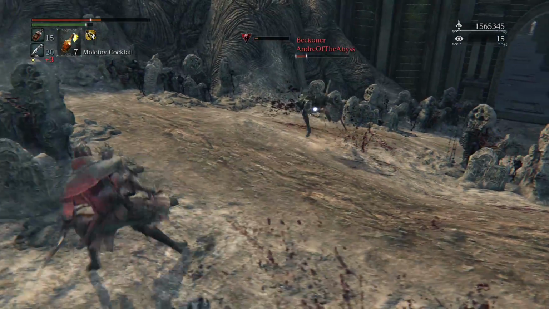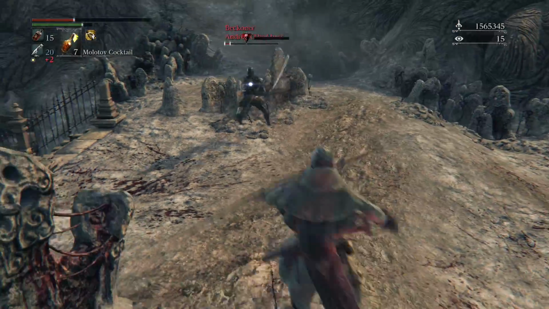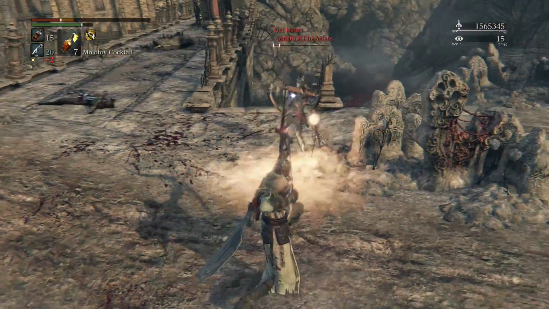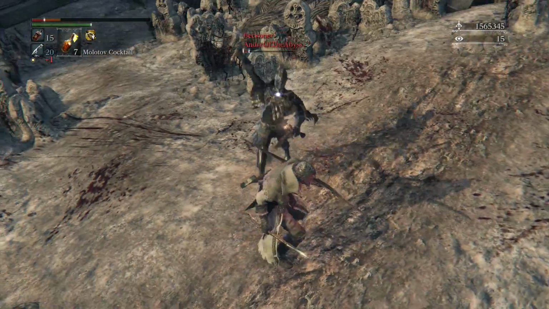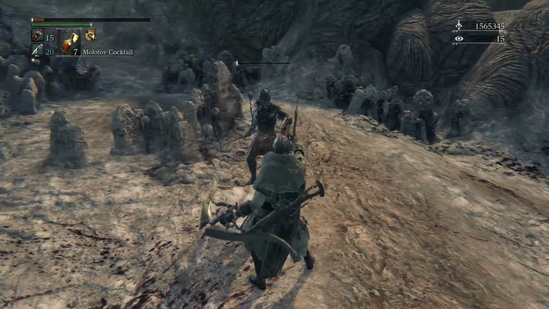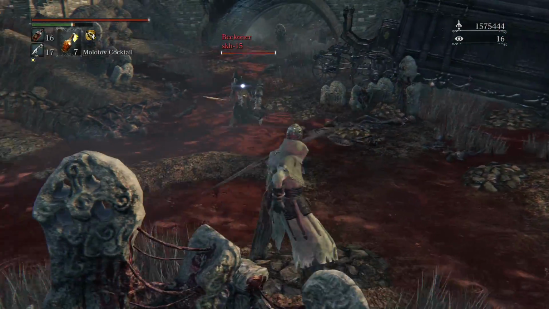The R2 is a medium speed, wide sweeping attack, which can be very useful, especially if you lock on, because then you can actually aim it very easily, and because it is a wide swinging attack, it makes it pretty reliable to hit with. The charged R2 is a double spin, and the second hit is where the majority of the